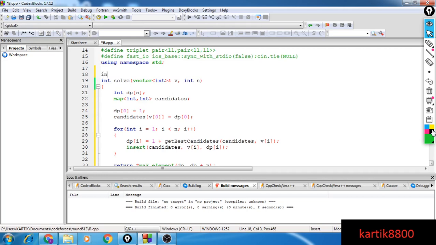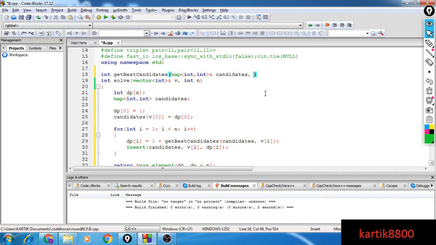Coming to get best candidates. It must return me an integer, that is the best advantage the value v could get from this map. Always make sure that you pass this map or any other data structure by reference if you're not going to make any changes.